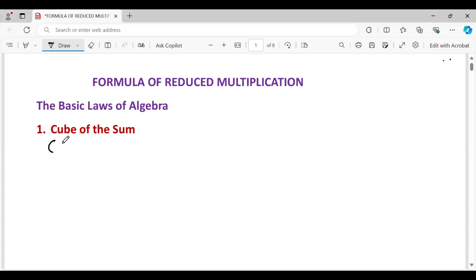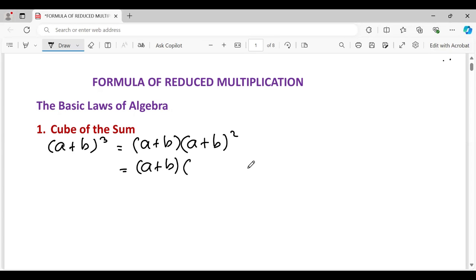this expression, a plus b cubed. How do we expand this expression? We can expand it like this: a plus b multiplied by a plus b squared, and it becomes a plus b multiplied by a squared plus 2ab